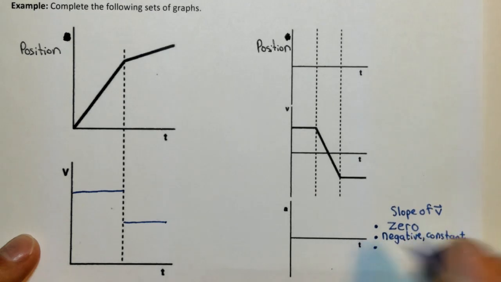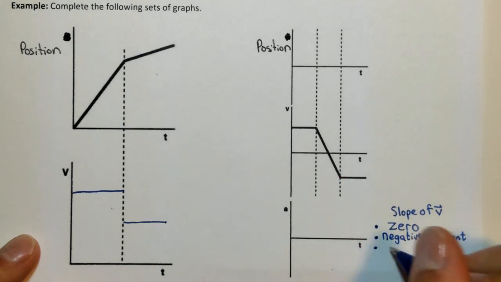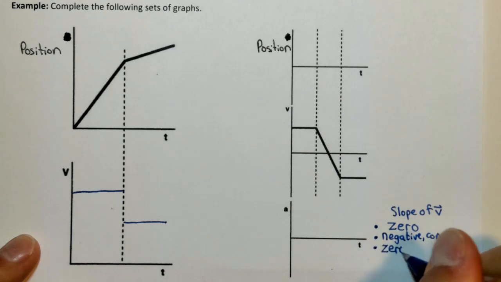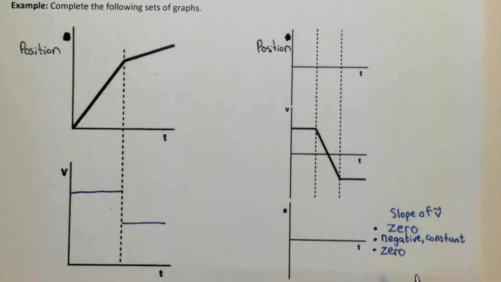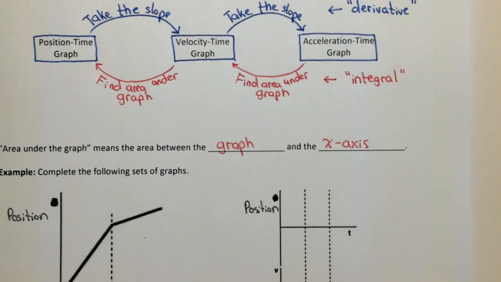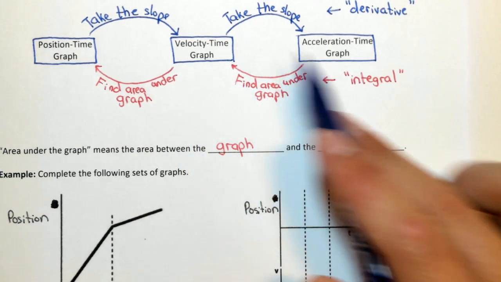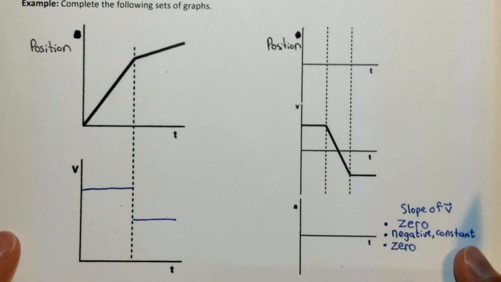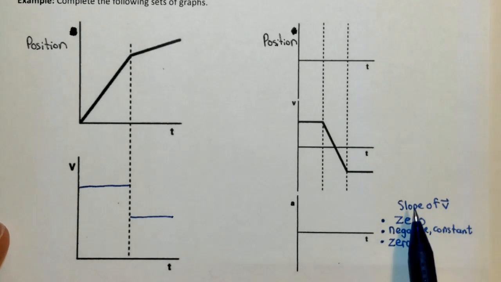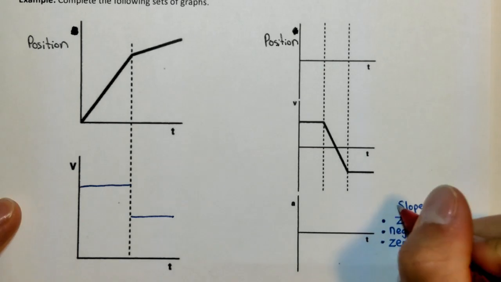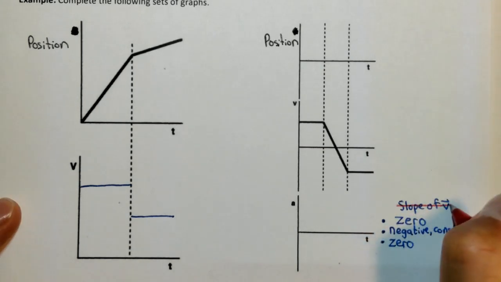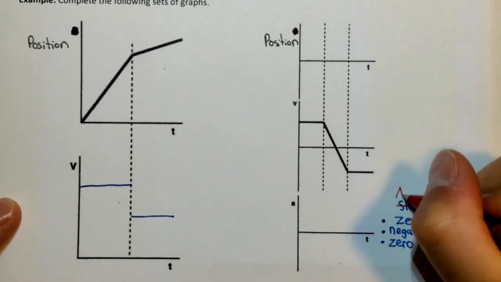And then in the final section, I again have a slope of 0. Now, the reason I've been writing down some notes about the slope of velocity is because the slope of velocity is acceleration. So everything I wrote down here about the slope of velocity can also be said of acceleration. The slope of velocity is